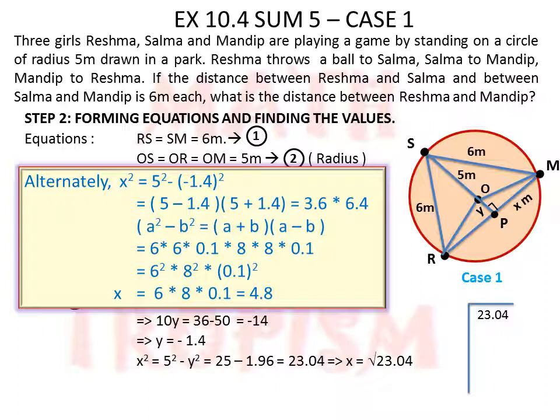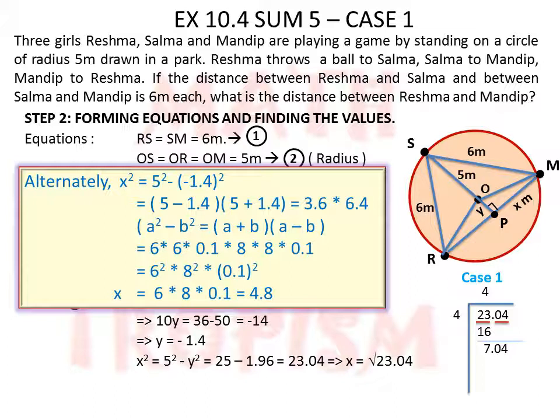Now whose square is less than 23? 4 square, because 4 square is 16, 5 square comes to 25. So I need to write 4 as the divisor as well as the quotient and write 16 first. So when I write 16, 23 minus 16 is 7, and then I bring down the 04 and I get 7.04.